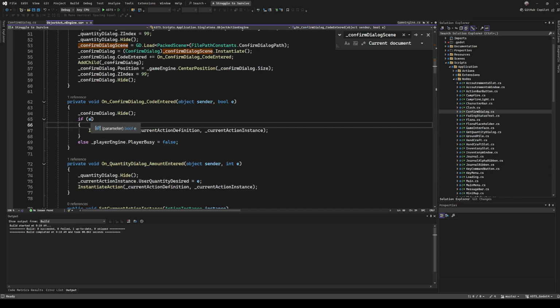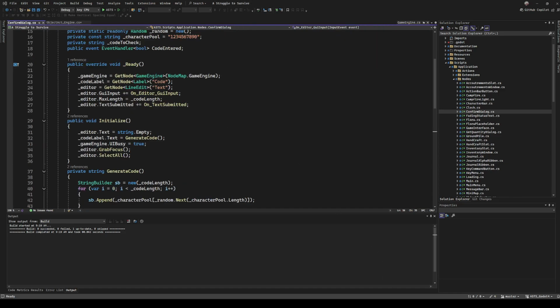Basically, I've got my confirmation, and if I have my confirmation, then I'm going to go ahead and do whatever it was the player needed to do. Otherwise, we do nothing, and the confirmation is hidden, and we go back to where we were in the game. And that's it. A confirmation dialog in Godot